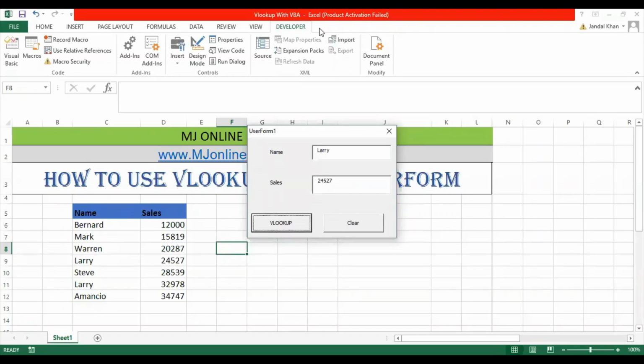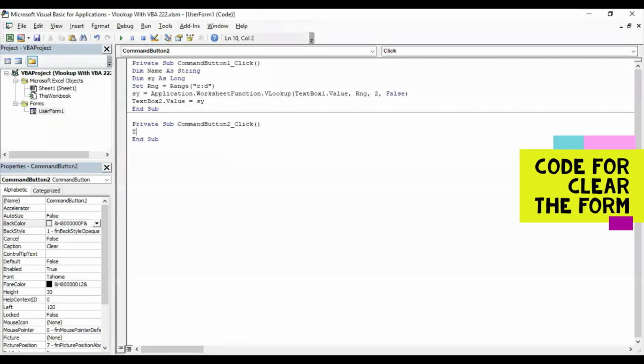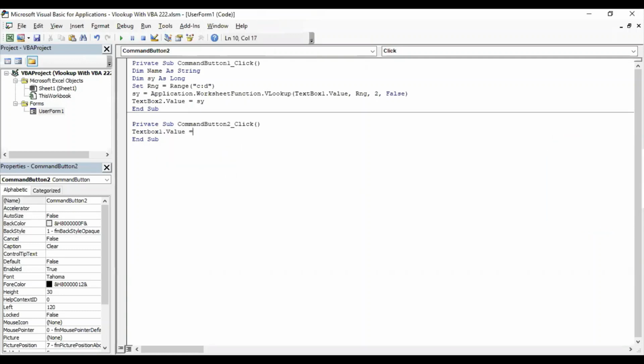Employee name Mark, VLOOKUP, yes, we got exactly the value we need. Now we need to add the clear button code: TextBox1 dot Value is equal to blank, TextBox2 dot Value is equal to blank.